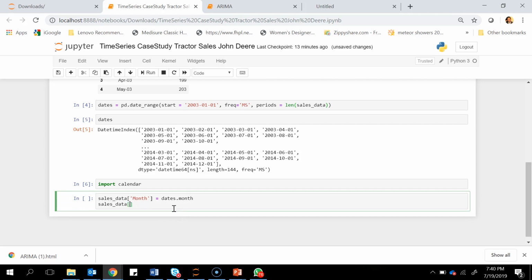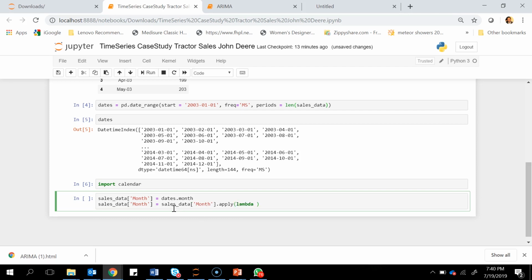Sales_data, next will be month again. And what we are doing here is sales_data. So we'll apply some operation using the lambda operator, right? So sales_data, we'll look at the month variable, we'll do an apply lambda.